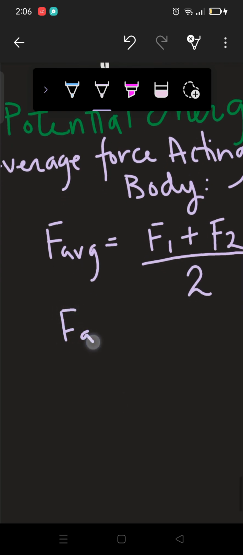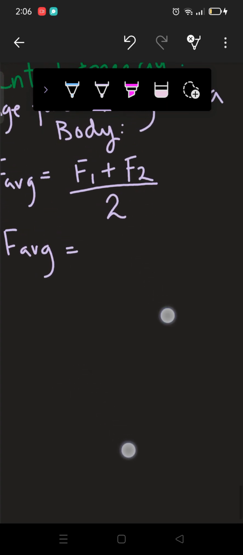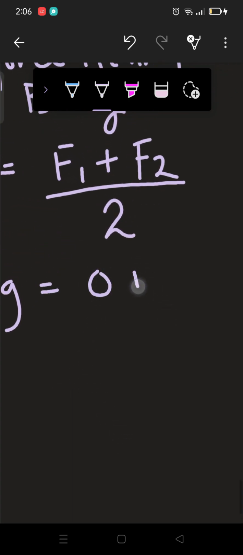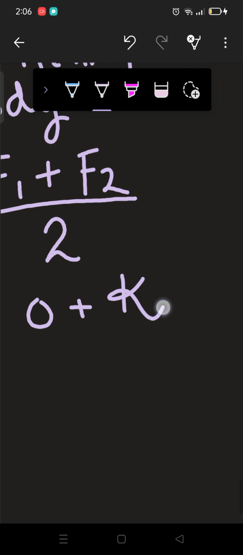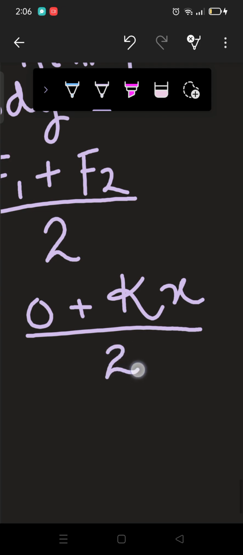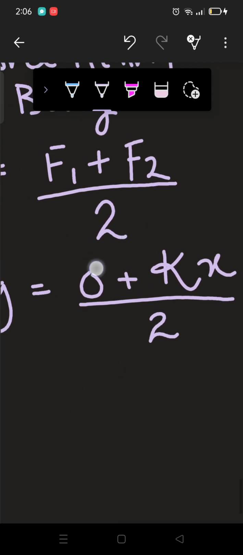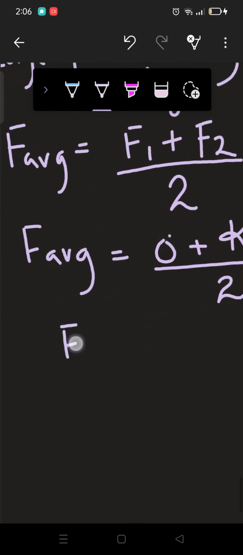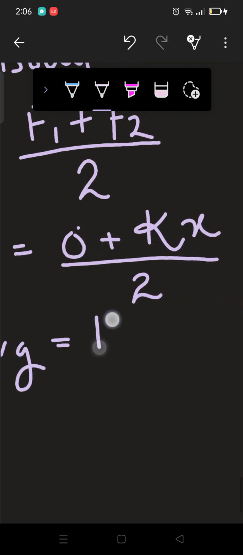So F average is equal to 0 plus the second force kx, over 2. Now see, this 0 has no value here, so F average comes out to be kx over 2,